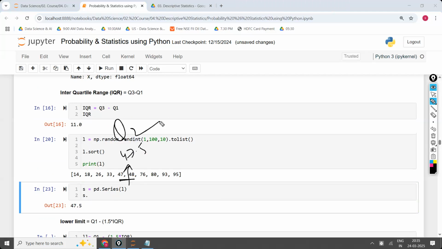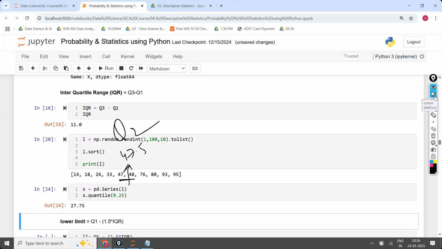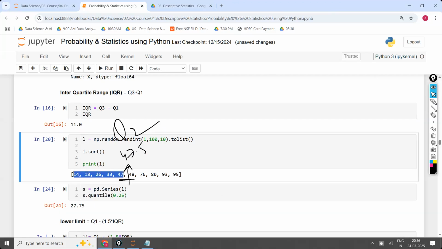The 0 percentile minimum is clear. The maximum number is clear. Q2 also clear. This one everyone knows. Now let us see how to calculate Q1 and Q3. Now I'm going to calculate this Q1 value in terms of 0.25, and I have got a value like this. But how I have got this value, that is the question. Apart from this, you are having the remaining 5 values now. From here to here, how much percentage of the data? 50%. For 50%, again the center will be how much? Calculate.